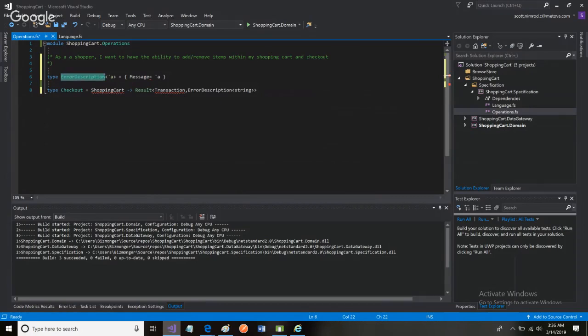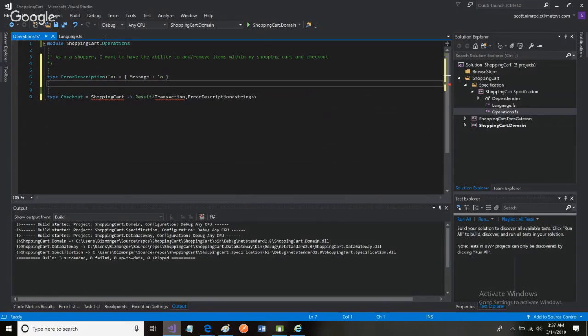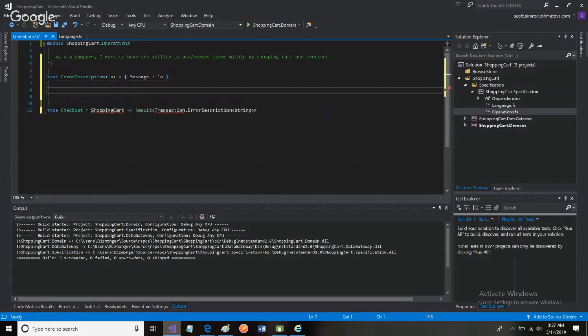Type error description operates on some generic type called A. We say it's going to be a record that equals whatever this A is. Oh, yeah, I can't use the equal sign. All right, something like that. And the other one is the, I don't know, so this error description should light up, but okay, it's recognized. Okay. So the other one is type